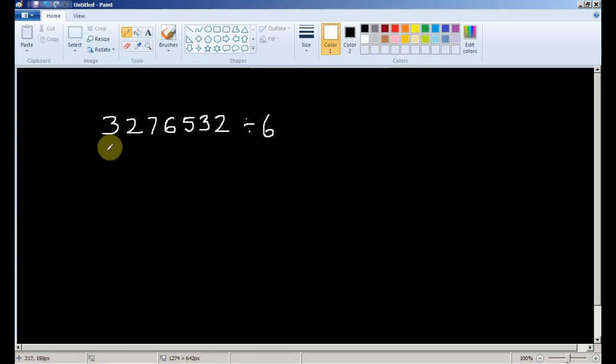So remember, first we have to check if it is divisible by 2. The last digit suggests that it's even, so this number is divisible by 2. So condition 1, the number is even.